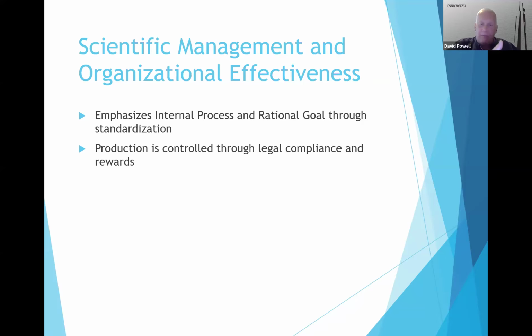Not surprisingly to us, they are both located at the bottom of the matrix because there's a big emphasis on top-down control with both of these models. In terms of our mechanisms for coordination and control, we've got a lot of standardization here, obviously. I would have shaded in direct supervision too, because you do have these middle managers who are required to directly supervise these employees, teach them the one best way to do the job. So I would have shaded in direct supervision, but clearly the emphasis is on standardization. Standardization of work processes is by far the number one mechanism for controlling work through the one best way to do a job.